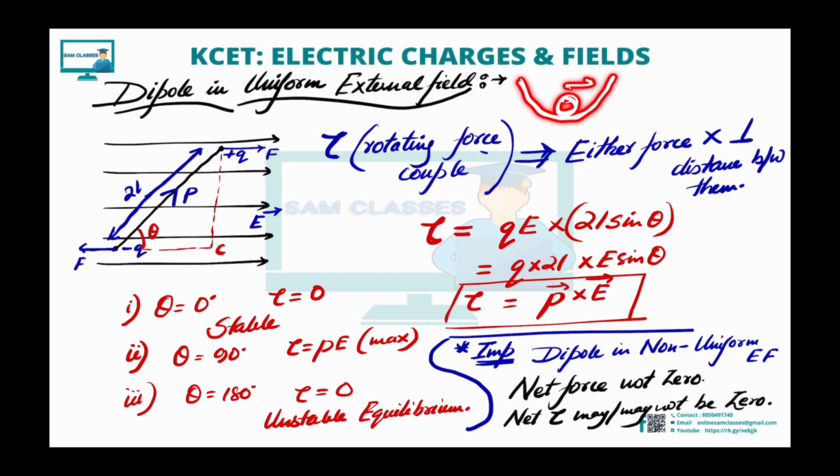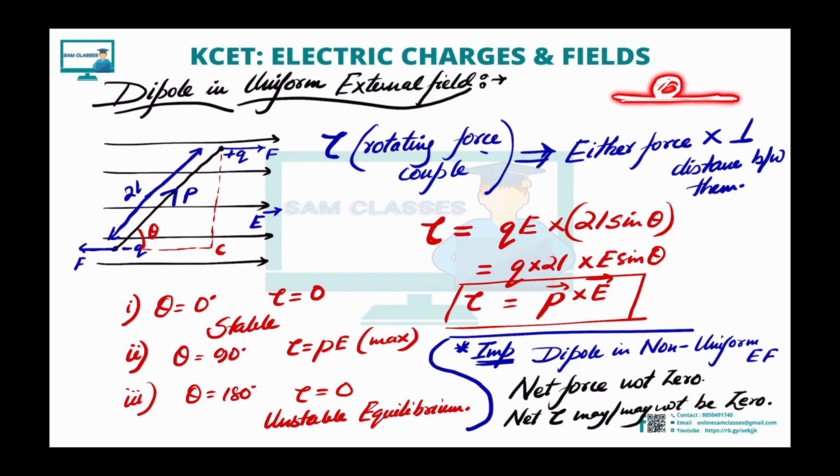Let me show you with a small diagram. So let's say you have a bowl like this. You put a ball here. Now if you displace it either to the left side or right side and then remove the force, what will happen? It will come back to the original position. So that is known as stable. Stable means that once the external force is removed, it tries to come back to its original position.